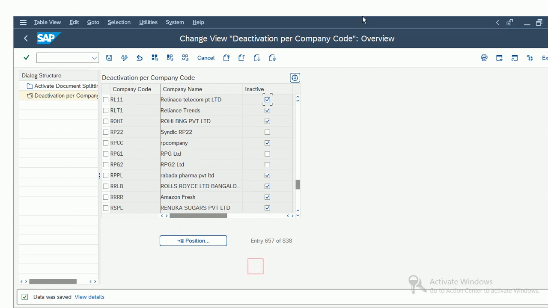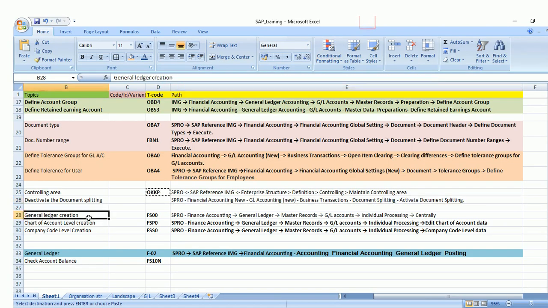So today we have done four T codes. We have worked on tolerance group, tolerance for user, and the prerequisites, which are controlling area and deactivate document splitting. In the next class, we will learn how to create general ledger.